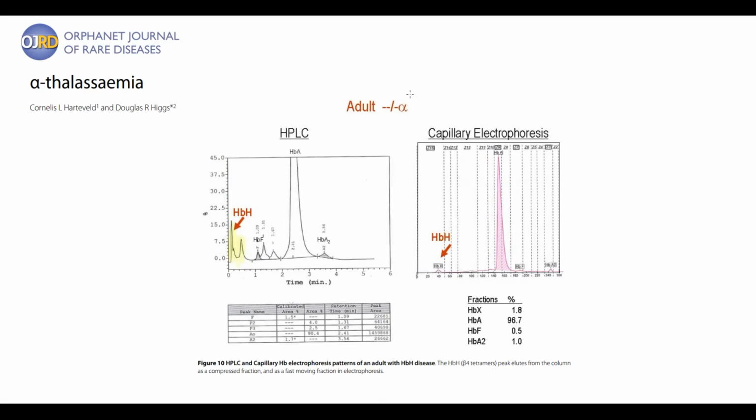What is it? On this image, we can see an electrophoresis of a patient with hemoglobin H disease that has 3 deleted alpha chain genes. On the left, we can see chromatography, which determined hemoglobin H fraction, and on the right, we can see electrophoresis. As we can see, the major fraction of hemoglobin is hemoglobin A, and it's the reason why this patient is alive. But there is also hemoglobin H fraction, which tells us about the presence of beta chain tetramers, which is